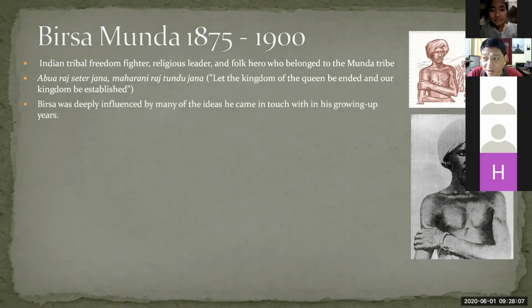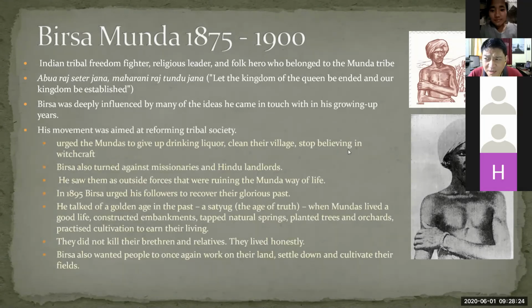The thing about Birsa Munda is that he was very much a product of Western education. Missionaries had already established some kind of school system or Western education system, and in his growing up years, he was influenced by that. It was not just a direct protest against the British, but his strategy was very much of a social and of a reformist nature. Now, some of the things were very practical and very useful. For example,